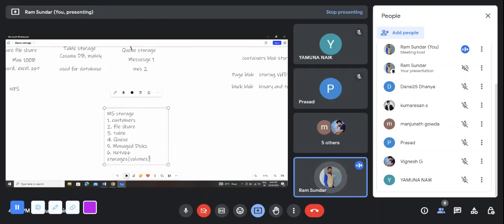Okay, so these two would be additional ones, managed disk and NetApp. You all might know about the managed disk. This is used for virtual machine hard disks, for virtual machine disk purposes. This also comes under Microsoft storages only, and then NetApp storages. Both NetApp and file share would be similar, but NetApp storage offers better than file share, with a huge amount of storage, massive storage, and high availability,